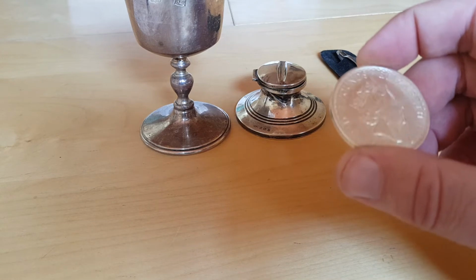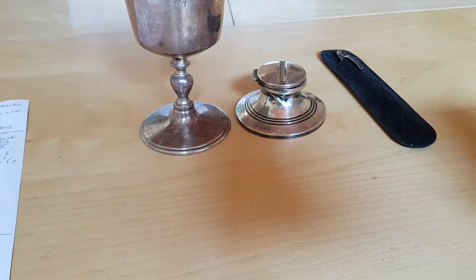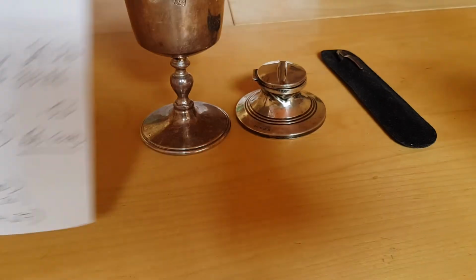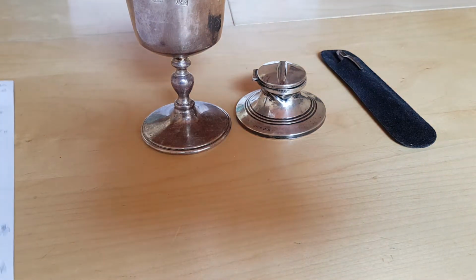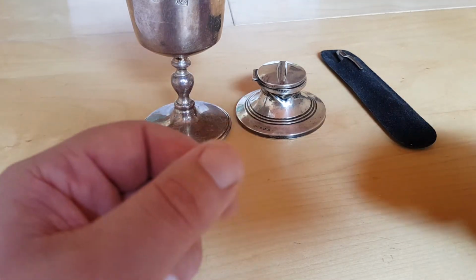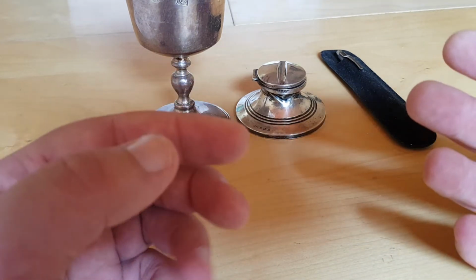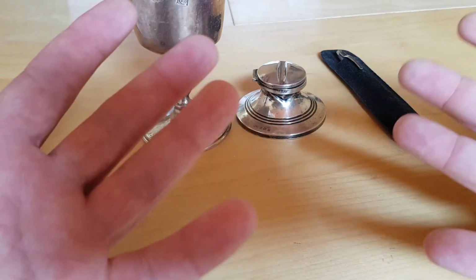Now, I'm throwing stuff out deliberately to confuse you. Hopefully, I've done that. Because if I take a look at all of my data that I have written down, and I'm not kidding, I've spent an awful long time analyzing stuff. I have a bunch of stuff on the computer as well, but I deliberately set that aside because I wanted to give you pointers here. That the price of silver and the price of gold, I don't know what is fully contributing to it. You can't put a finger on one tiny thing. I think there's lots of little things that can accumulate, but then major things like the banking crisis in 1980, oh my God,